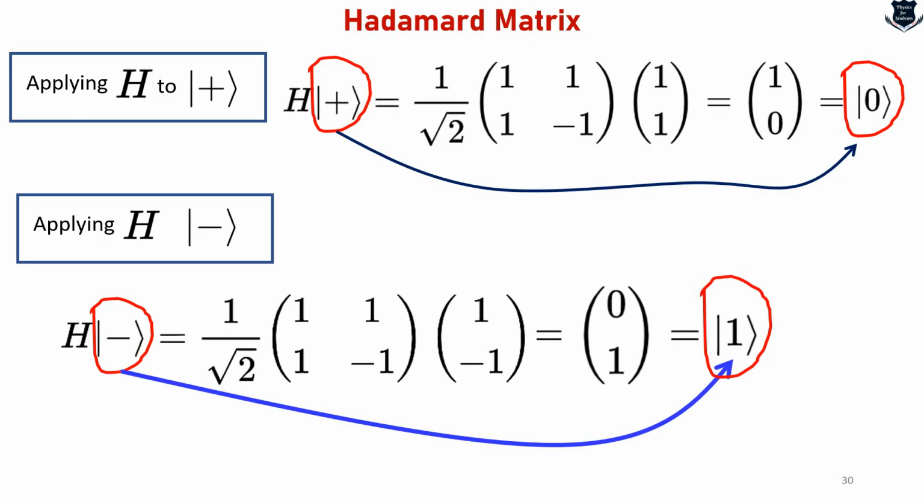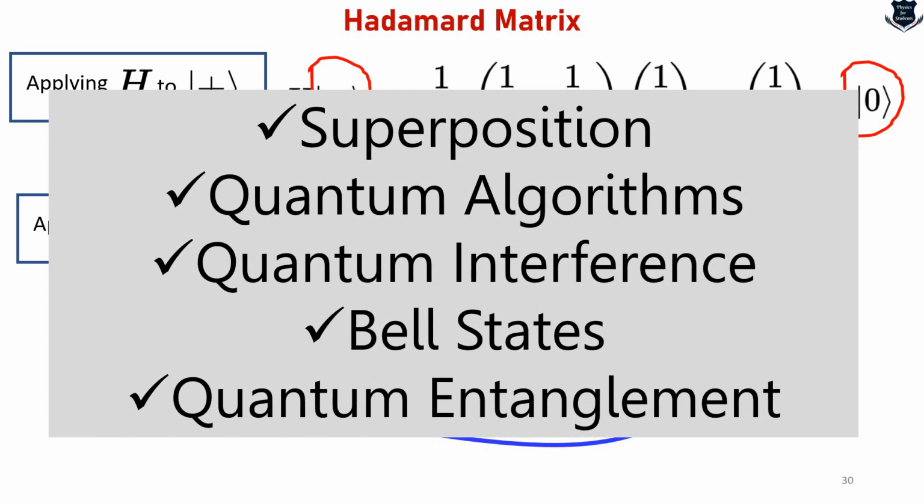We are using different matrices in order to define a transaction. For example, you're swiping a credit card for $100. Then how can I change that $100 into a quantum superposition, so that when a hacker attacks, he or she won't be able to know which quantum phase this transaction is in? So this is extremely important. As I told you, I will be covering it in a later video. It is very important for superposition and for quantum algorithms because it creates a lot of security. By creating superposition, the Hadamard gate facilitates quantum interference. We get Bell states and also entanglement.